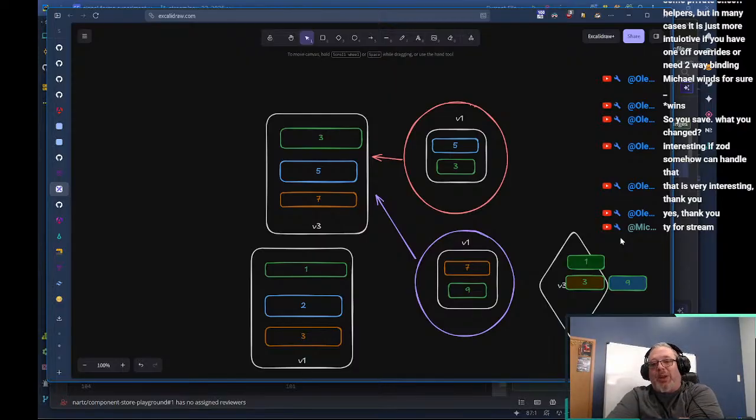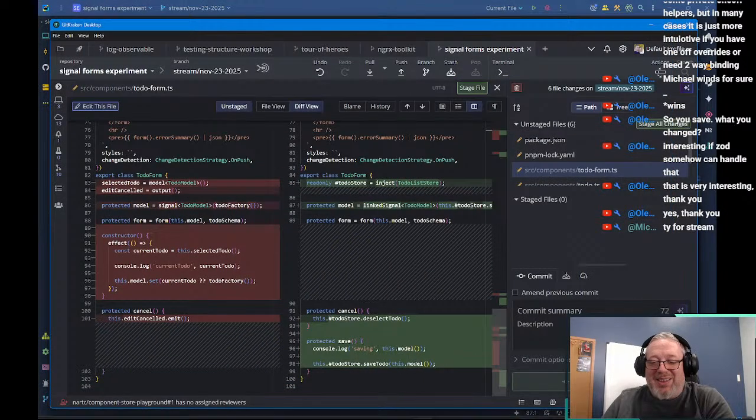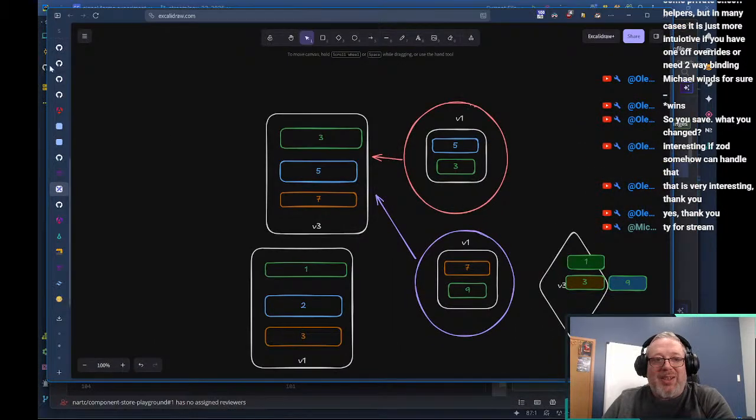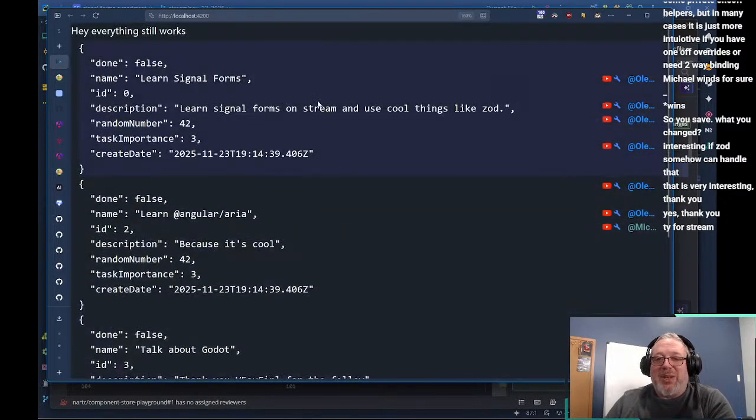I had mentioned that I might not stream next Sunday. I think I'm going to stream. Thanksgiving is Thursday here. I think I'm just going to stream. I want to get the data grid in place so that our application doesn't look so stupid. Like our application as it looks right now, it's not really a to-do list, right? We could do a lot to make this better.